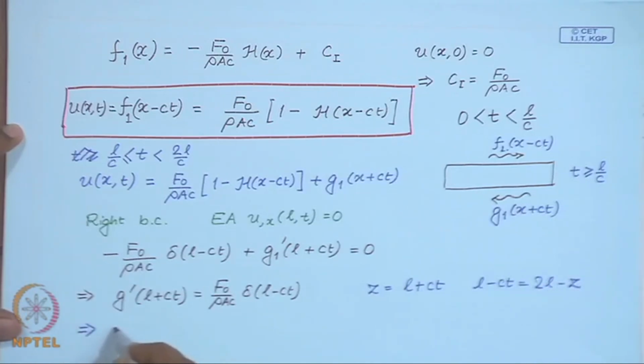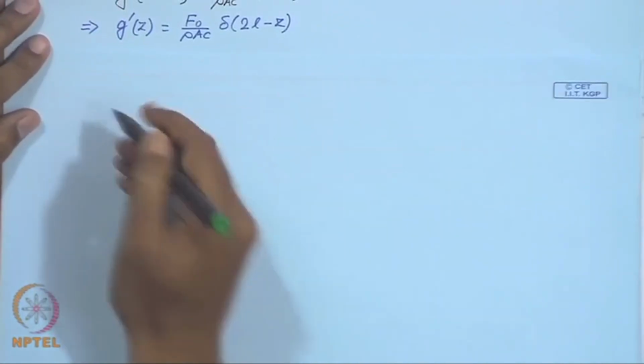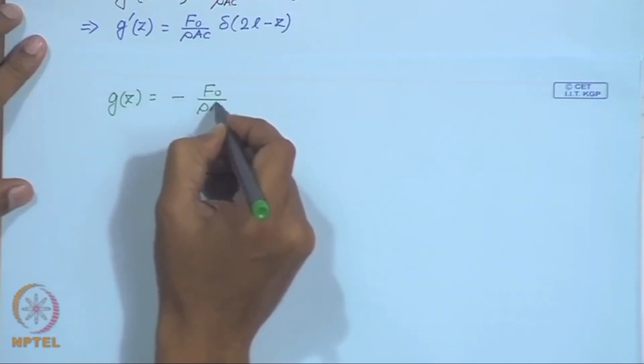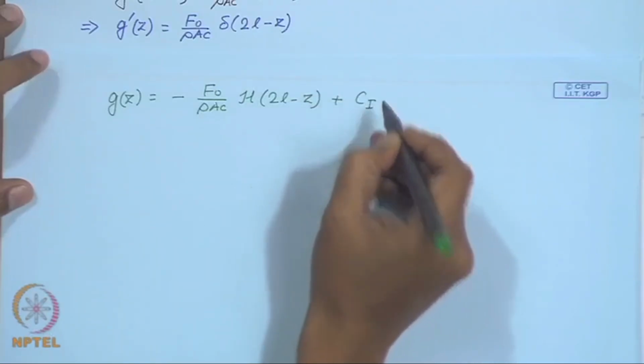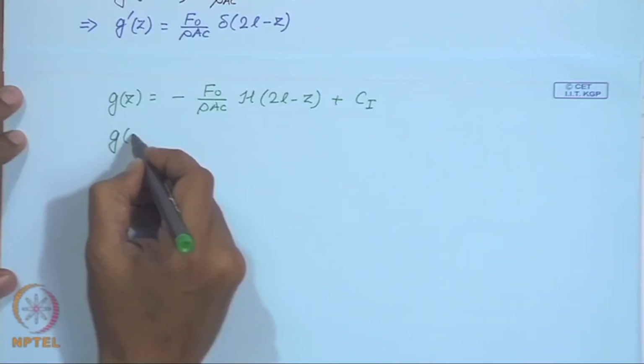So, then this I can write g prime is given by this expression, and if you integrate this expression, again C1 is the integration constant. So, g of x plus C t